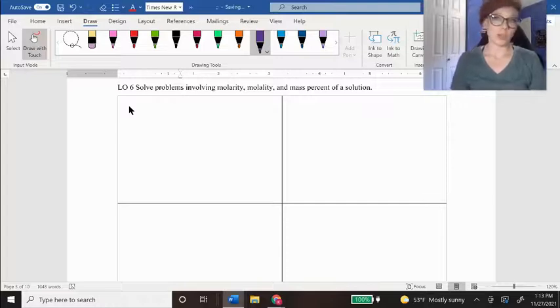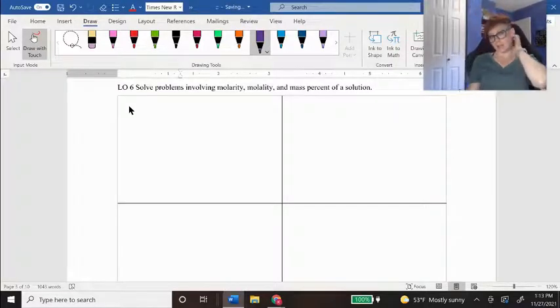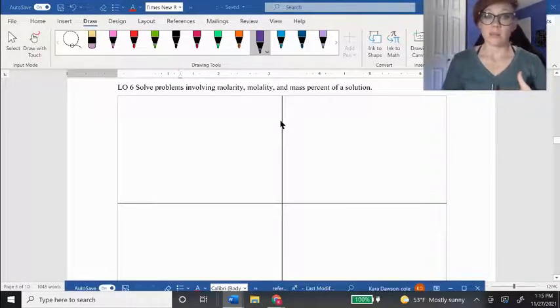We are in Unit 7. This is Learning Objective 6. Learning Objective 6 is to solve problems using molality, molarity, and mass percent of a solution. Again, all of these formulas that I'm going over are on the back of your periodic table